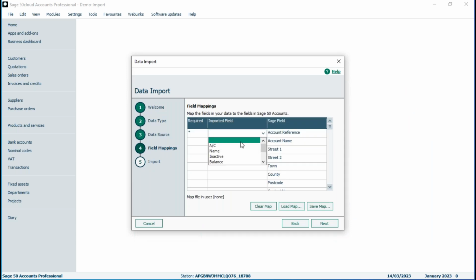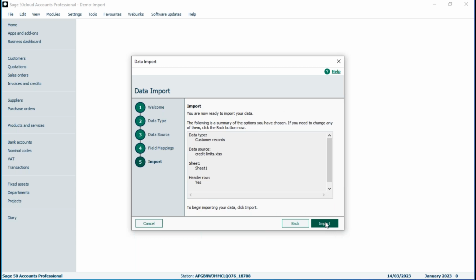So I'll say the account reference. It's in the A/C column. And again, if I just scroll down, find credit limit, there it is. It's already picked that one up. It's recognized the heading, so that one's already mapped for me. I'll just click Next, Import,